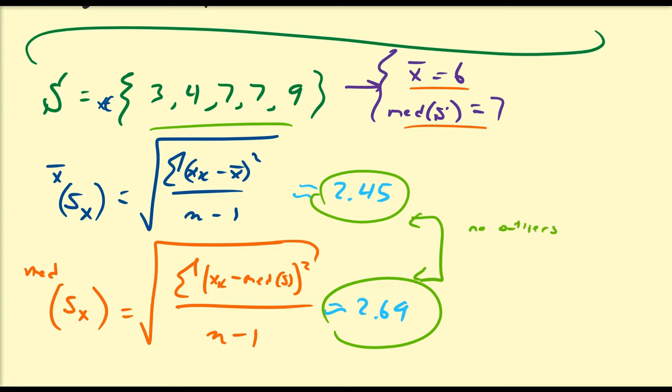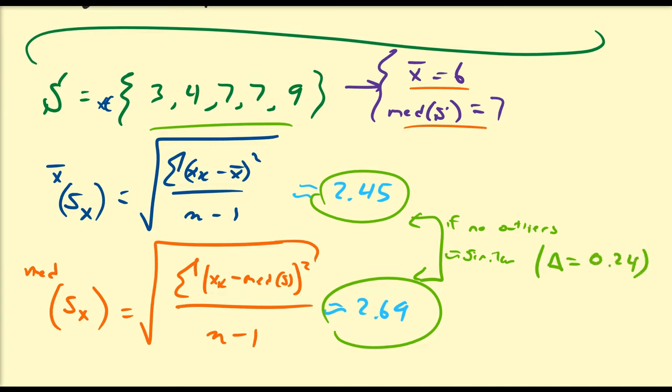So if there are no outliers, then these values should be approximately similar, because the mean and the median should also be approximately similar, right? But of course that is related to the skewness of the data set, right? So it's possible that if your data is skewed, you may want to use the median over the mean also, for the same exact reason. And of course we see that the difference between these two, which I'm going to represent by delta, is only